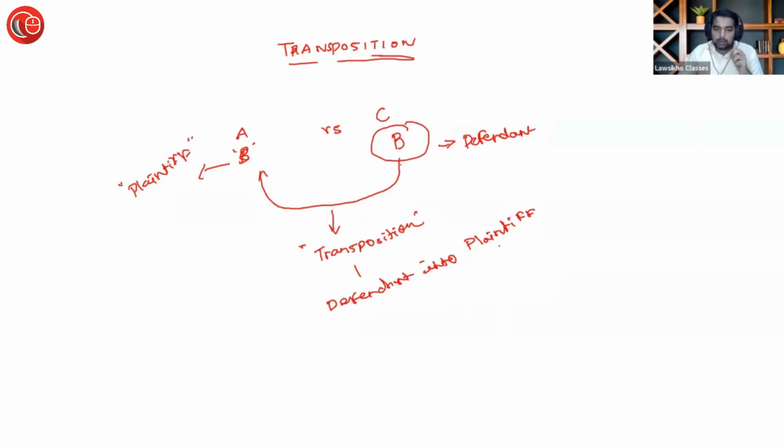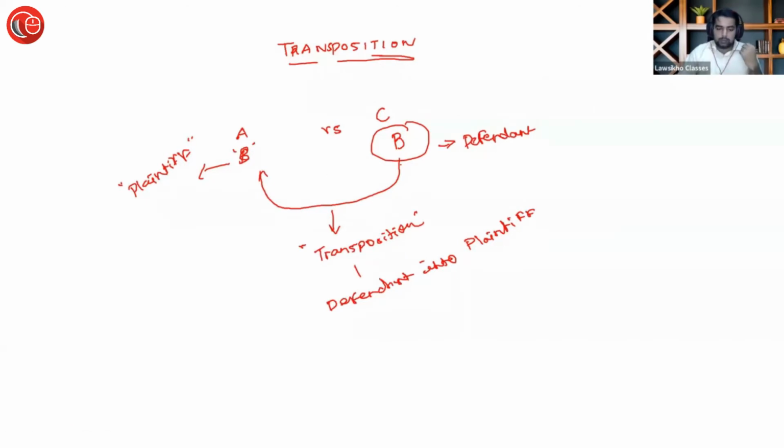ठीक है सर, on whose application the court can transpose. ठीक है, it can be suo motu also, on the application of plaintiff also or defendant also. ठीक है, on the application of any party. वैसे तो fine. Does it have a practical sense? I mean, C can always say that his and these interests are contradictory. ये तो आंसर करने लायक नहीं है. If pro forma defendant wishes to plead only then he will transpose. Is that correct? Yeah, only then he will transpose. That is correct. Sir, plaintiff बनने से होगा क्या? He can plead ना? He can plead. He can actually actively litigate. Sir, on whose application? Any party.